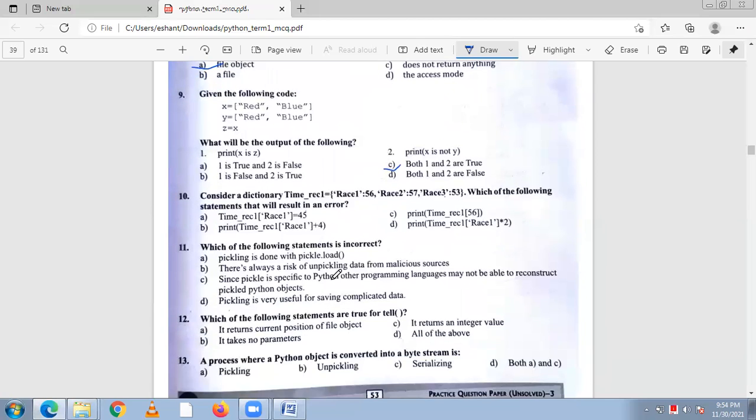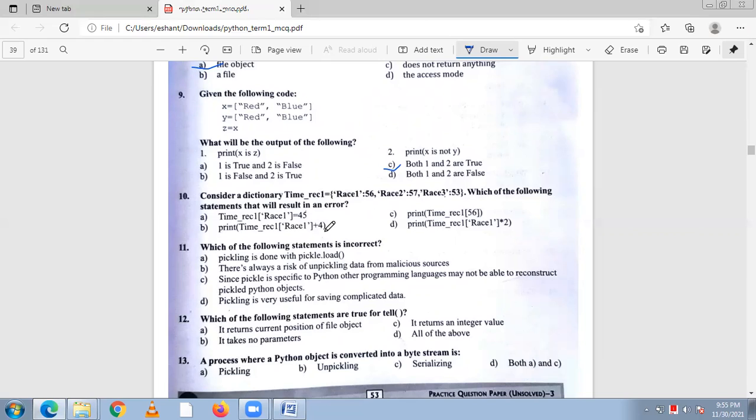Question number 10. Consider a dictionary time record, create a dictionary, raise 1, raise 2, raise 3. Which of the following statements will result in an error? So which one is the error? This is okay because we can change a value in a dictionary. This is right, and print time record raise 1 plus 4.